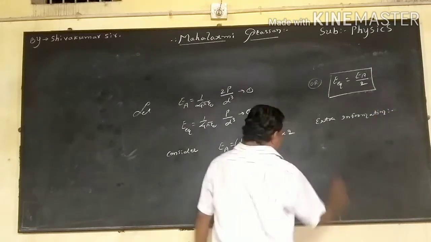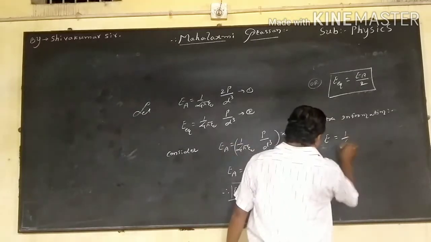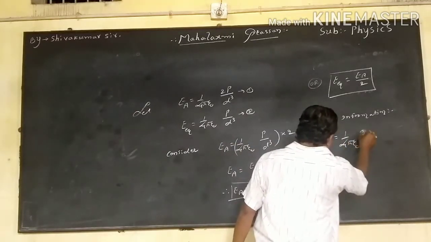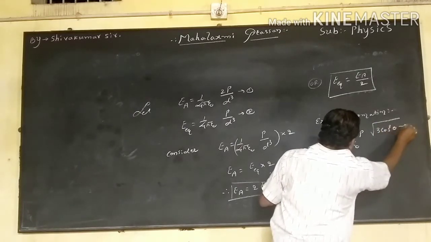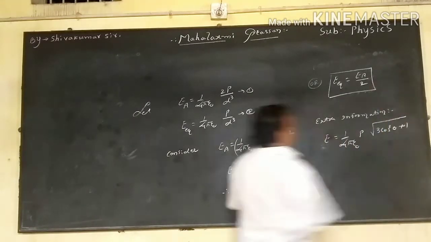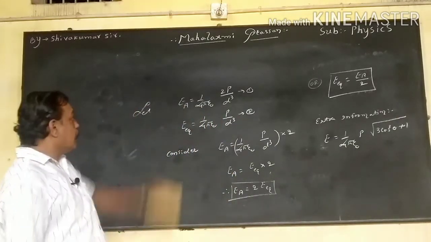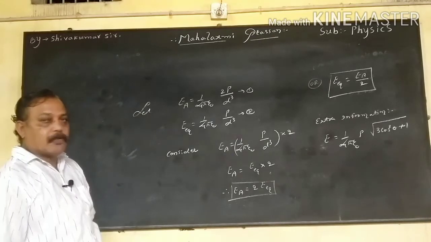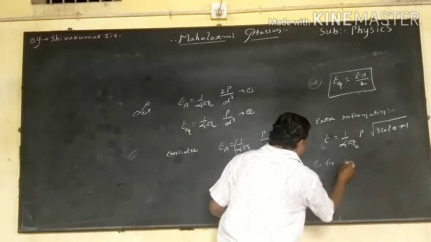The electric intensity due to a dipole, E equals 1 divided by 4 pi epsilon naught, P under root of 3 cos square theta plus 1. Now, from this equation, I can write it for the axial line and also for the equatorial line. First, for the axial line,